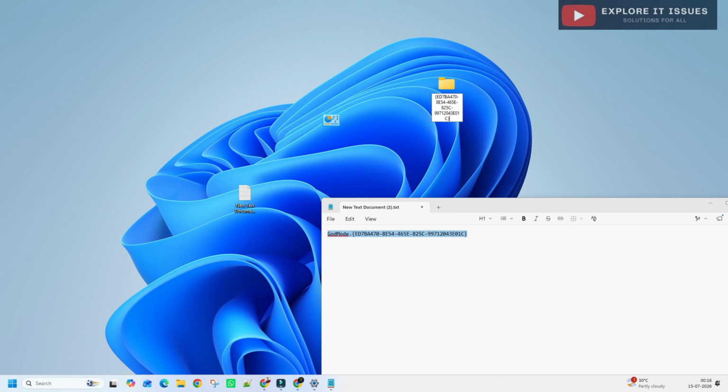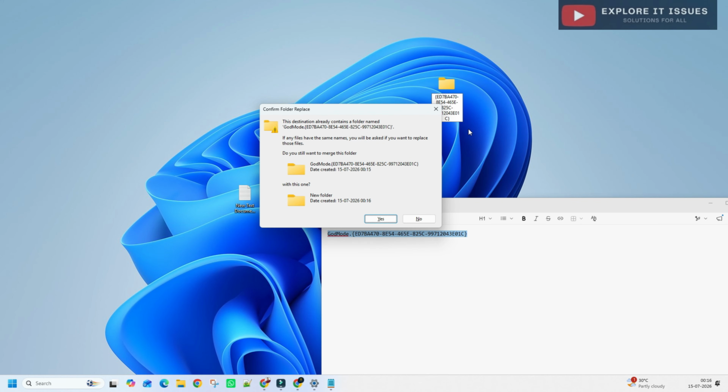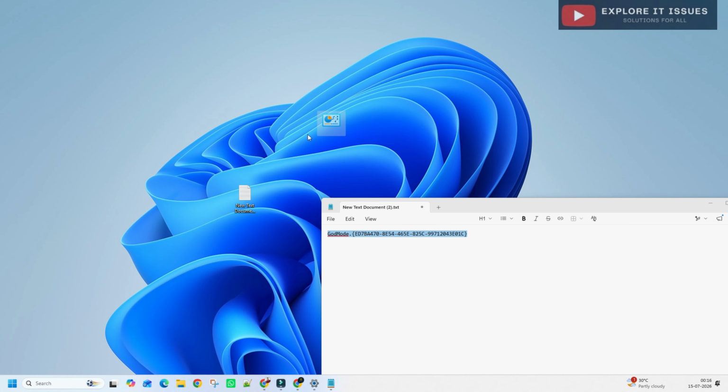Once you hit enter, the icon is changed. So after pressing enter, you will notice that the folder icon has changed. This means God Mode has been successfully enabled.